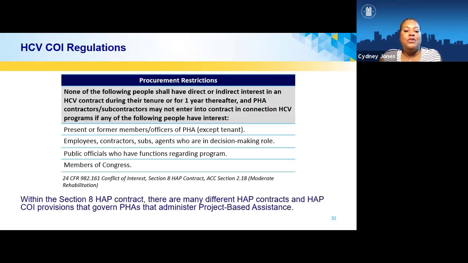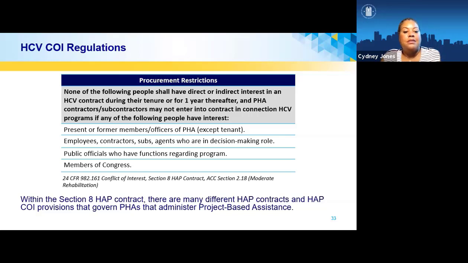Before we get into requesting waivers, let's talk a little bit about the Housing Choice Voucher program and the conflict of interest regulations that apply there. We get many questions, and Margaret, I know you do as well, as to whether or not an employee can enter into a HAP contract with a Section 8 tenant for a unit that they may or may not own. Well, HUD has a very specific regulation about entering into a HAP contract.